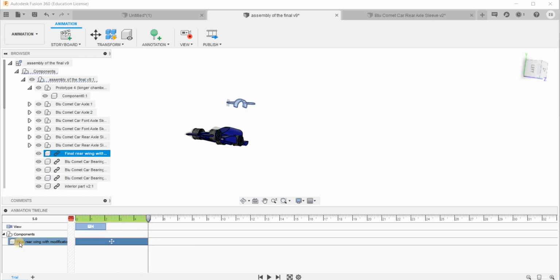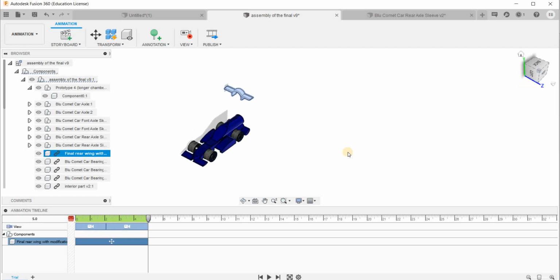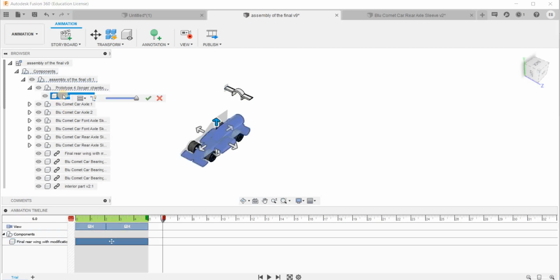And you might notice that I have the final rear wing modification here. Then, from here, I'll also change the view again to the bottom, and then I'm going to select the new component. The new component is going to be the car body. Click on E, the shortcut E, and then I'm going to,